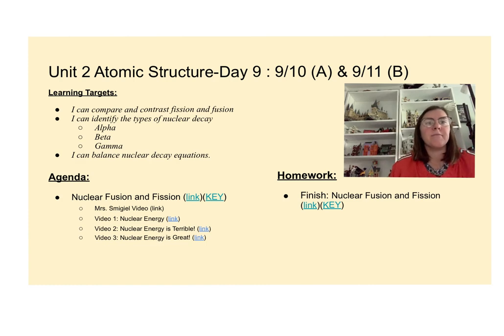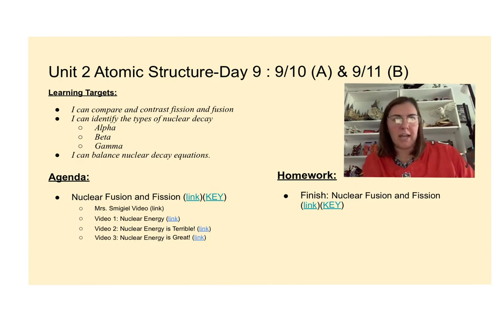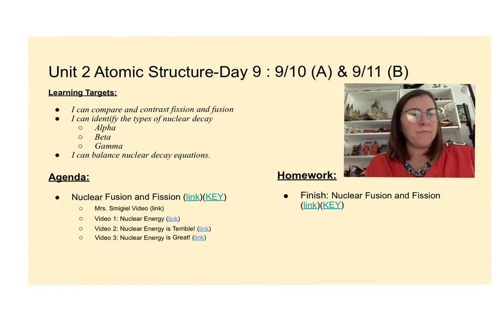Okay, so here's the plan. You guys are going to watch this video, and we're going to fill out the top of your nuclear fission and fusion and fission page. The first half we're going to do together in this video, and then when you turn it over to the back, you're going to watch 3 videos on your own. Nuclear energy is terrible, nuclear energy is great. And then after you watch those videos and take some notes, you're going to open up the slides, these same slides that I'm actually using to make this video, to read about some different motivations for the arguments of nuclear energy. So that's kind of the 3 steps. This video, then the 3 videos on your own, then open up the note slides for the last section.